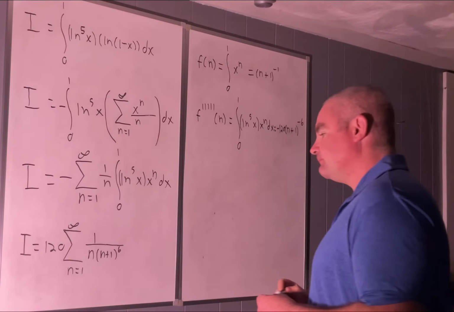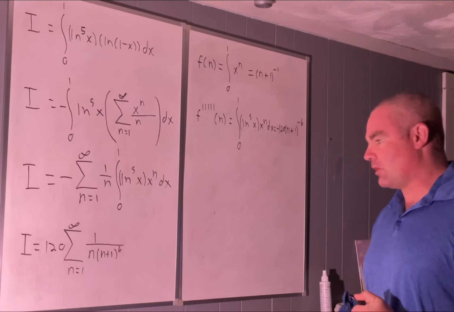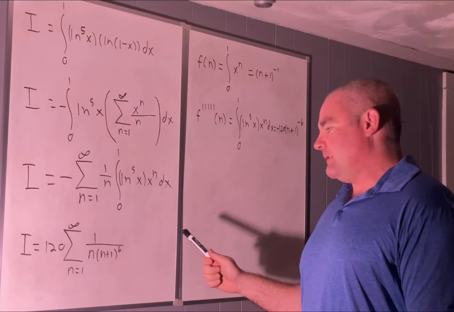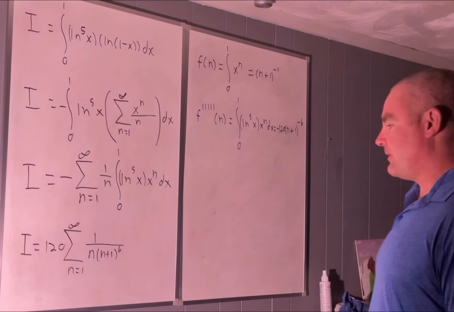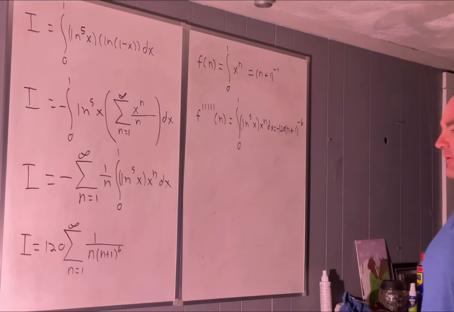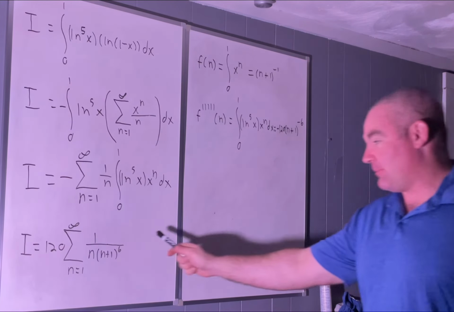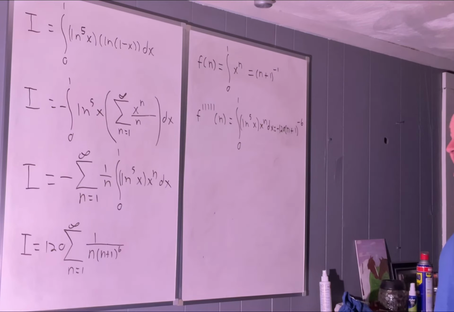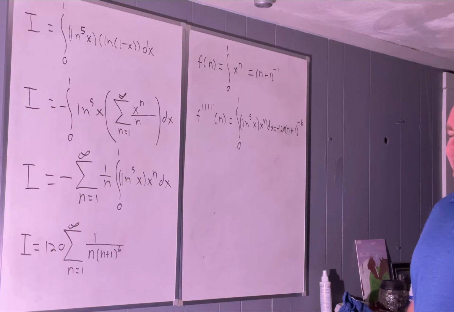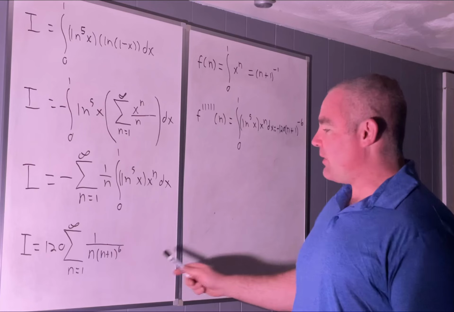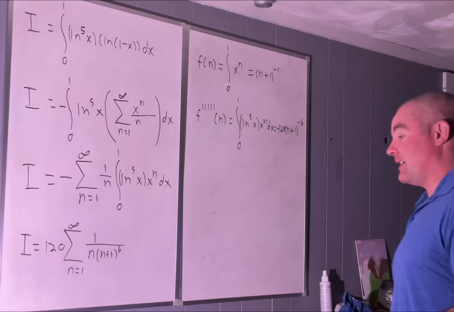And please correct me in the comments if I'm wrong, but I don't think you can go any further with that sum. You might be able to squeeze out a pi squared over 6 somehow, some factor of that, by breaking up this sum into a bunch of different sums, but you're still going to have a bunch of different sums to account for, so I don't really think that would be helpful. I think the best way to leave it is like that,